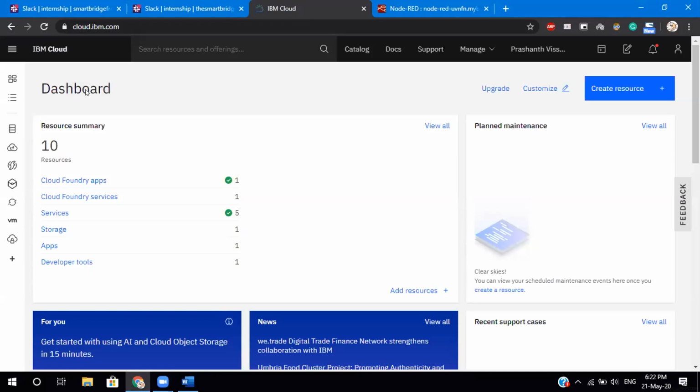So yeah. See, when you log into your cloud.ibm.com or IBM Academic Initiative account, you will be greeted with this dashboard, right? So this is your dashboard that tells all of the resources you have, all of the services you have, and everything. So the first point is we want to create a Node-RED service here. Actually, Node-RED is an application, so we're going to click on this button over here, create resource.